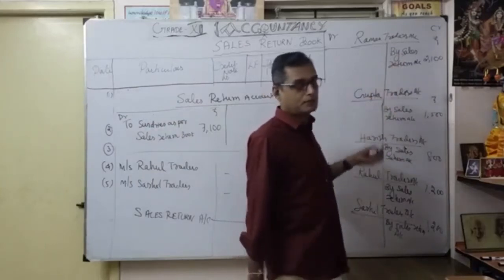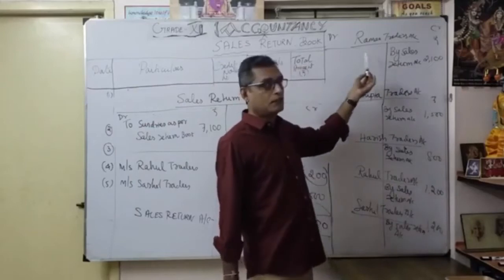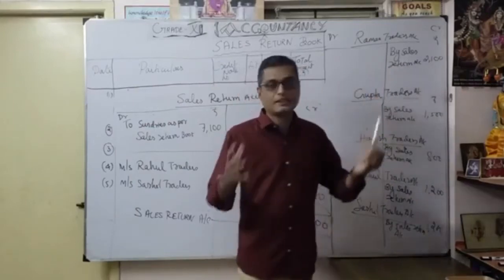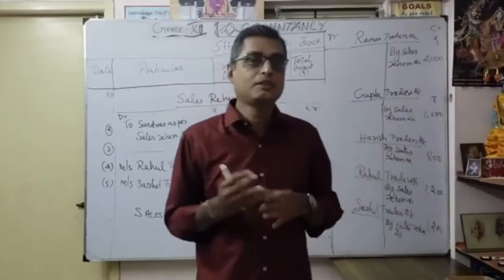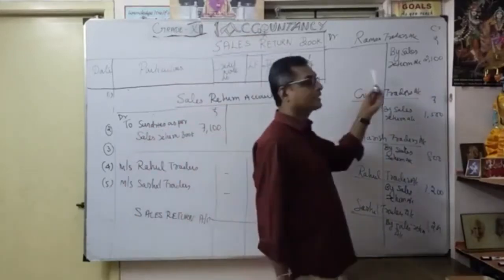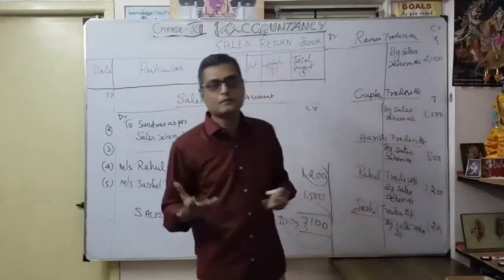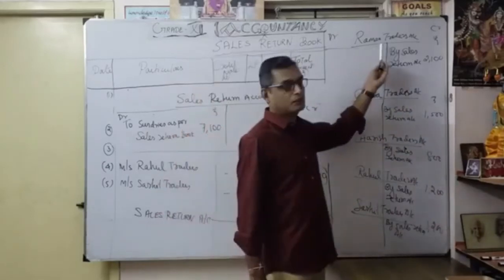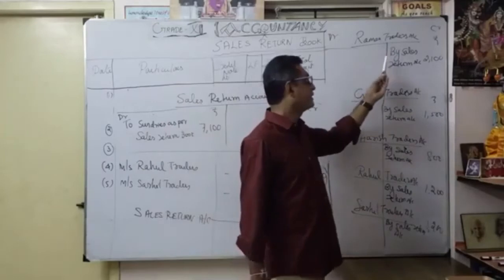This is very, very important because whatever we sold and whatever they returned, only then do you know the exact balance of the customer whenever dealing with goods sold on credit. Otherwise we get the wrong balance and the wrong information. That's why we should be very careful. Under the parties, we are going to credit the sales return account.